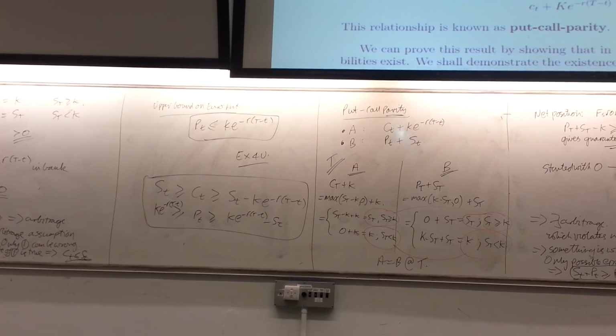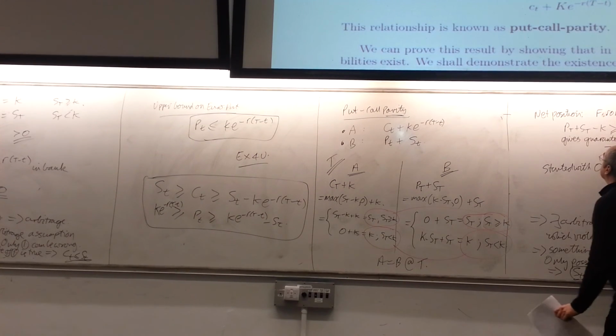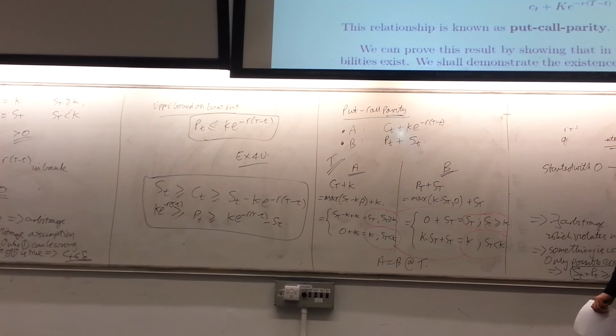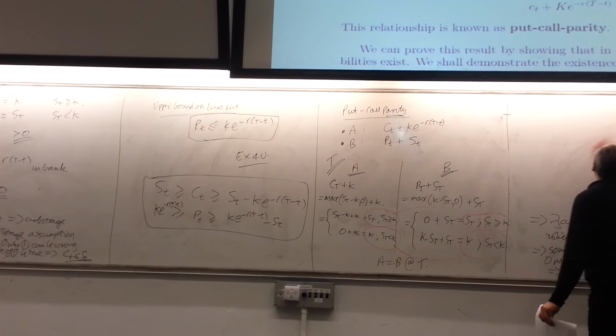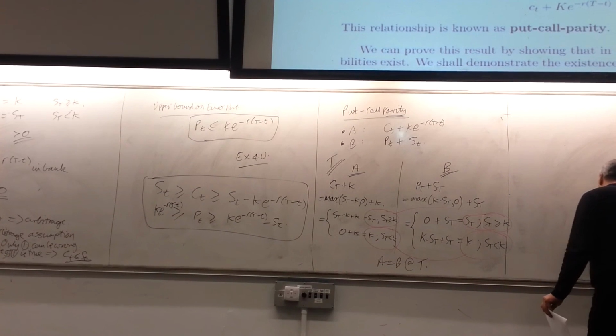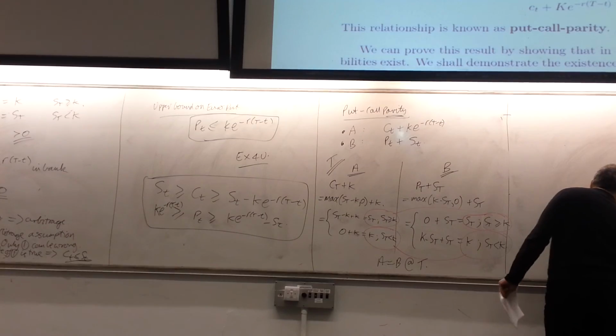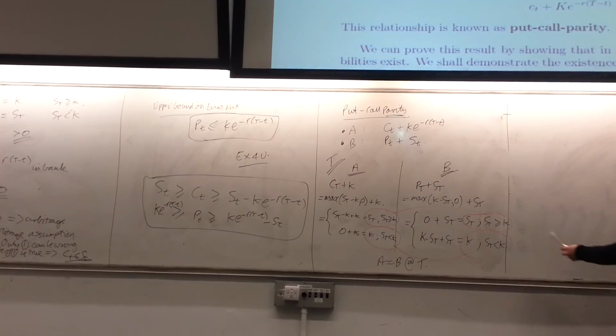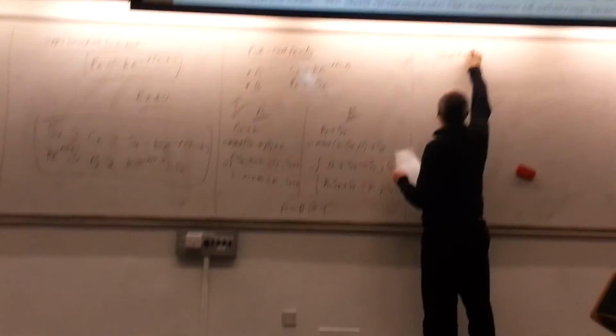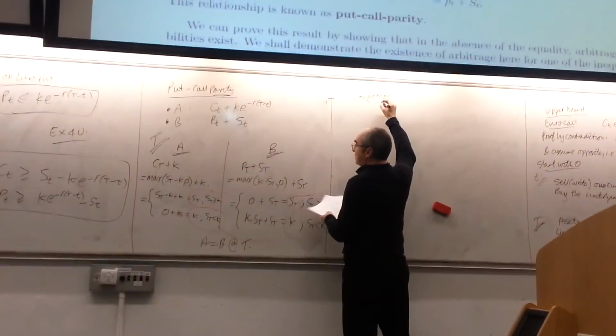So those two portfolios theoretically are the same at expiry. So the conjecture is, are they going to be identical at t less than capital T? So, conjecture. We've got the conjecture that